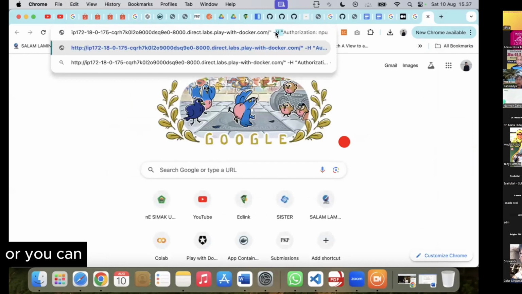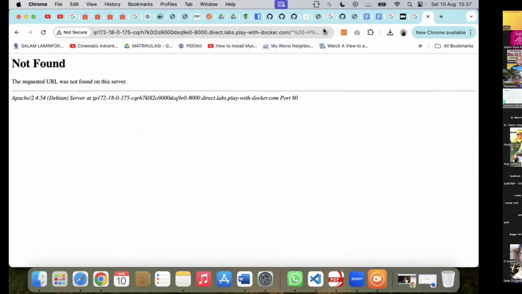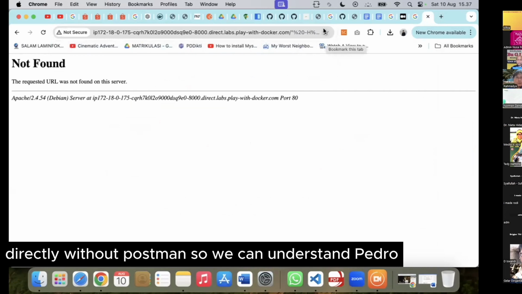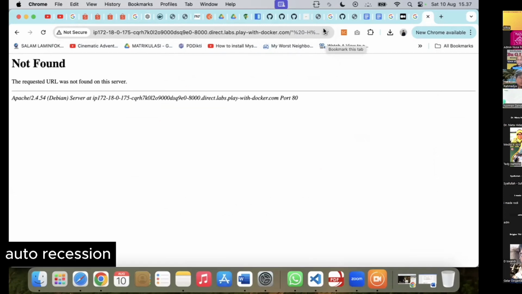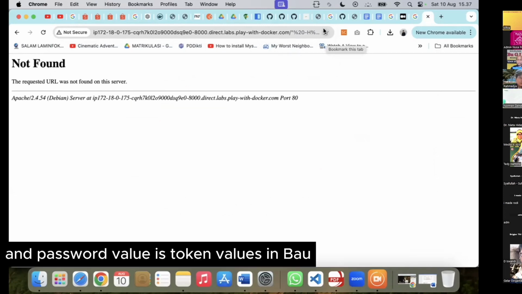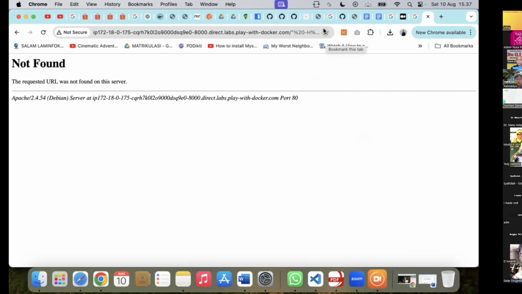Or you can use the browser directly without Postman. So we can paste the header authorization, and the token value is NPU.